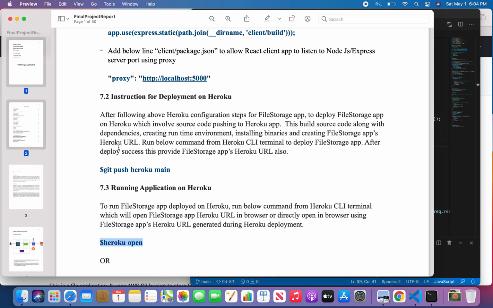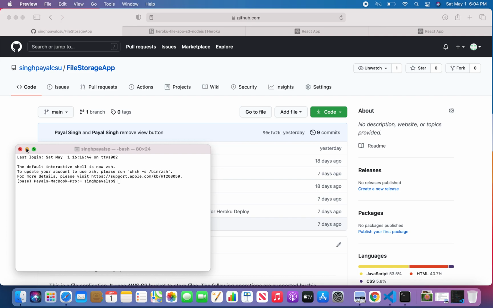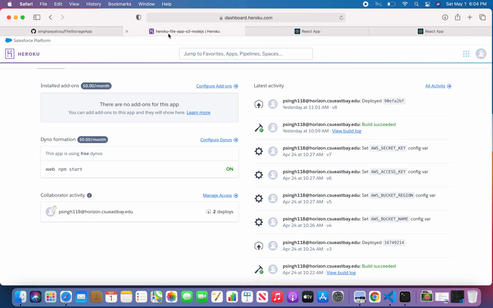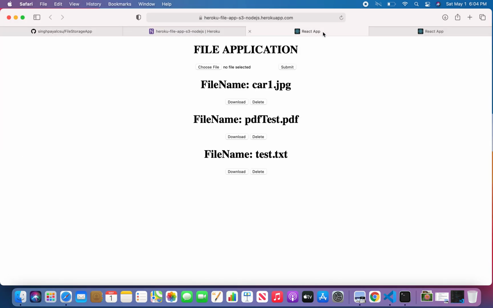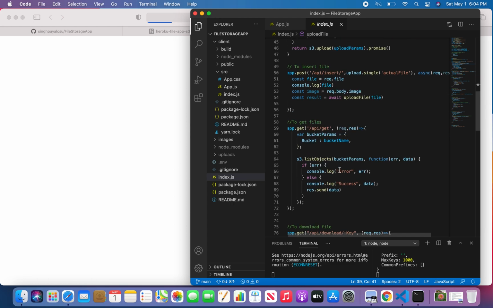So in my case, this is my application which has been deployed to Heroku, and it will take some time to refresh.